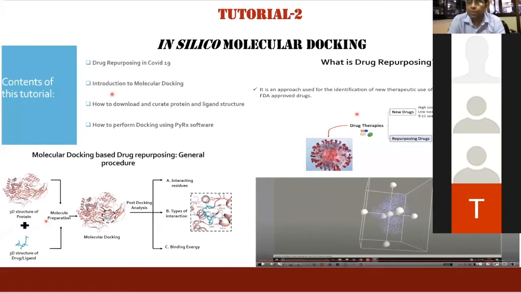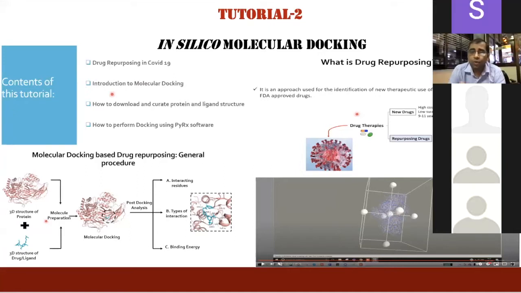That was one of the aspects of drug repurposing, and of course many times for cancer and other diseases, people also try the same concept. So we have tried to explain some concepts relevant for drug repurposing in COVID-19. Also, what is the crucial concept of molecular docking, and how one could prepare these molecules, the protein and the ligand, looking at their structure, and how to perform these docking experiments using some of the open access tools.